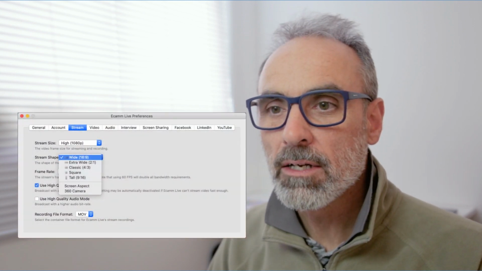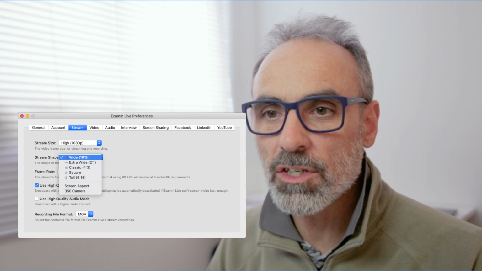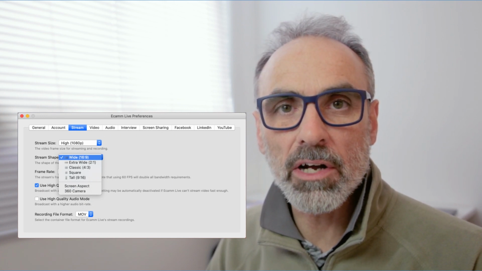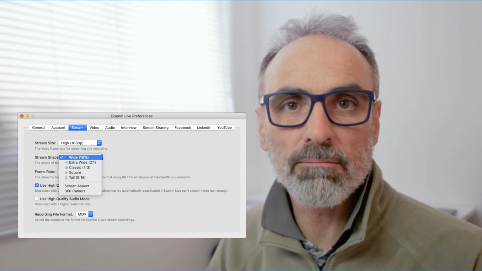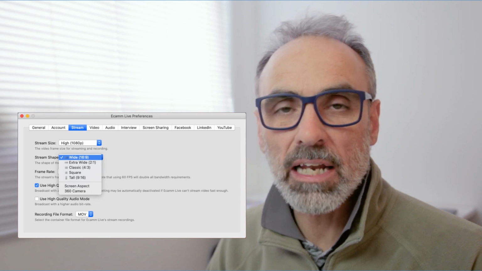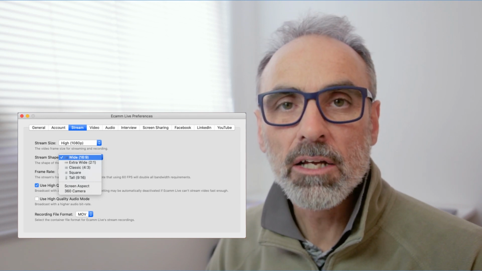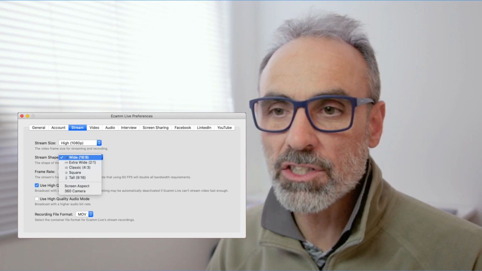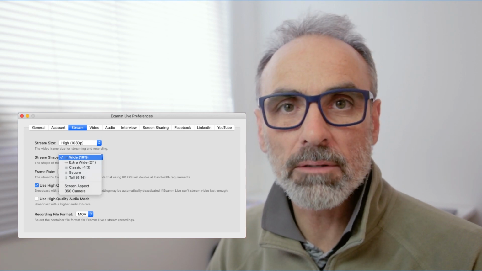So the first thing you'll need to understand is the streaming shape of your presentation. This is set in the Ecamm preferences. I'll just bring up the window here. Under the stream settings, you've got a stream shape. Typically, most people are using the 16:9 ratio as that matches both 4K and any HD output. But you could be selecting any one of the other options there. You'll just need to make sure that your Keynote presentation matches the ratios shown on this screen.